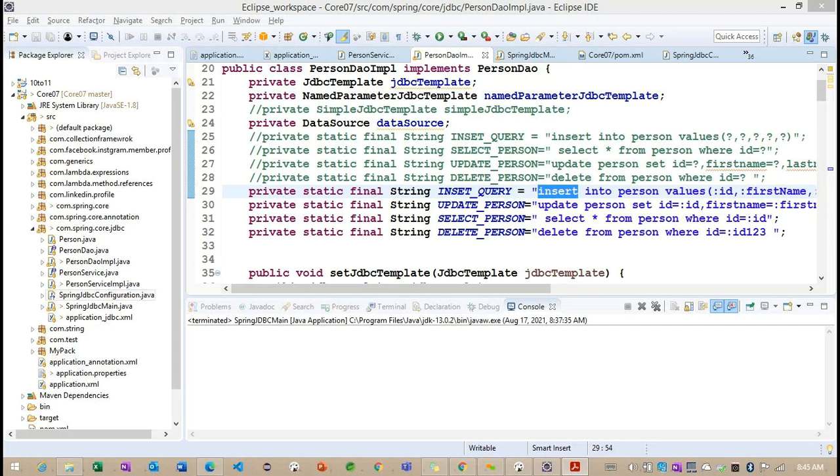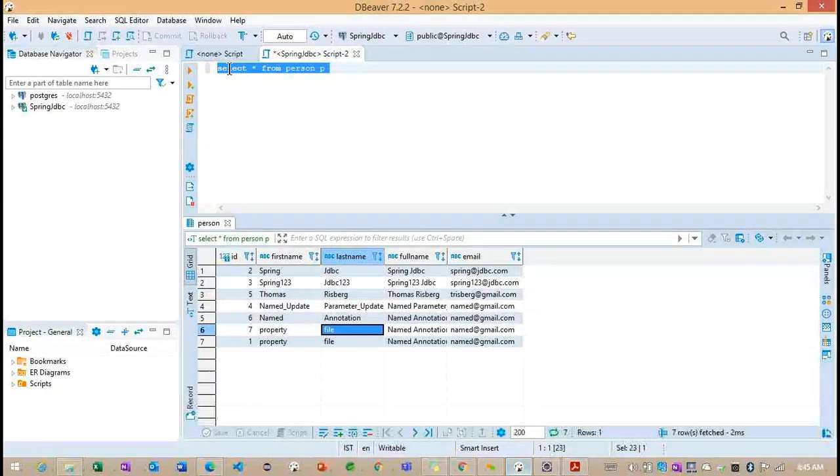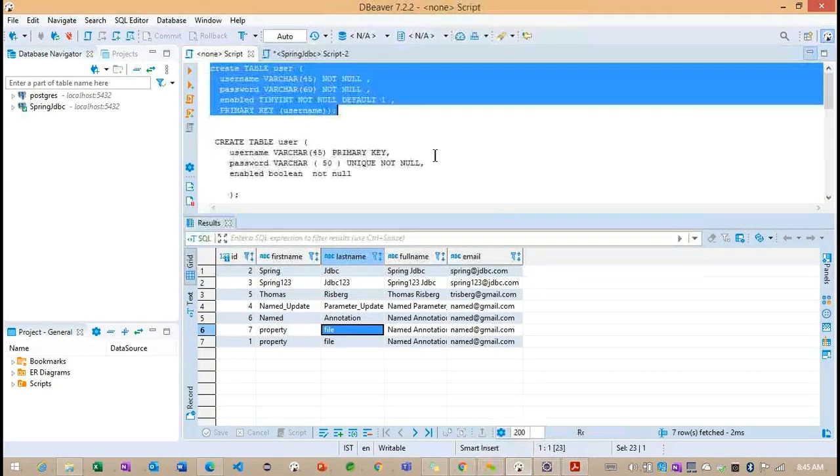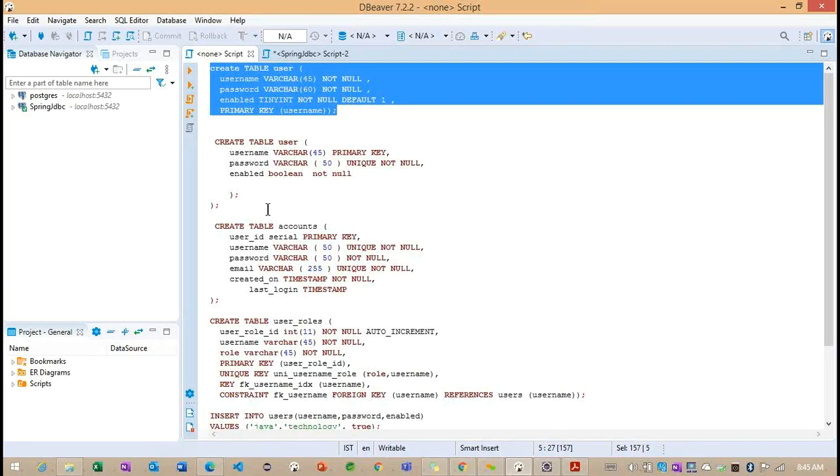But everything we are going to work on is with the help of SQL. Whenever we are going to work on SQL, first we'll work on the DDL commands. What are the DDL commands? In the previous example, we created the person table.